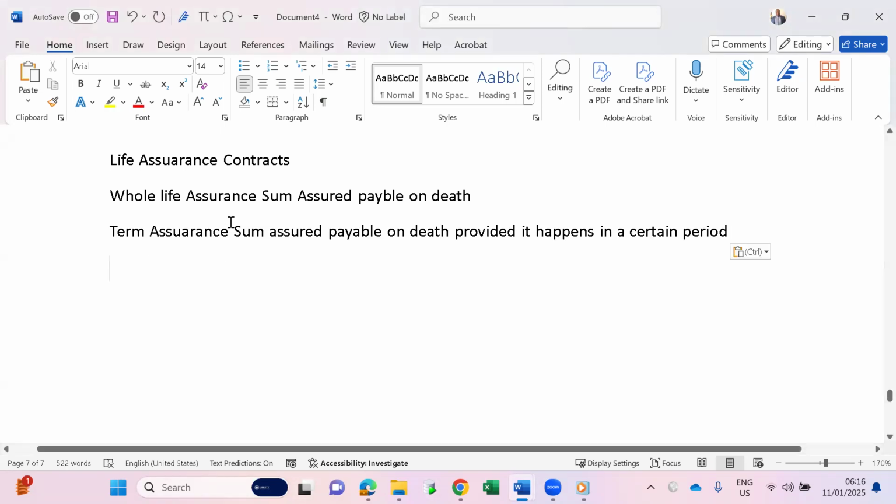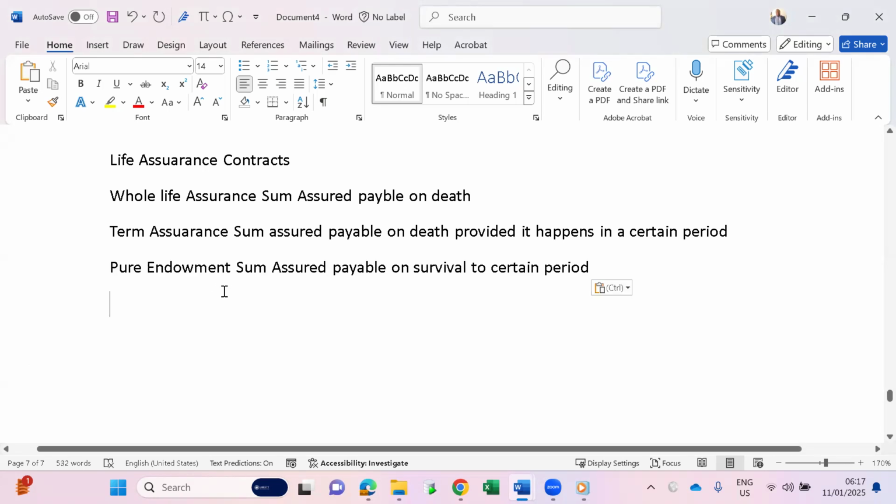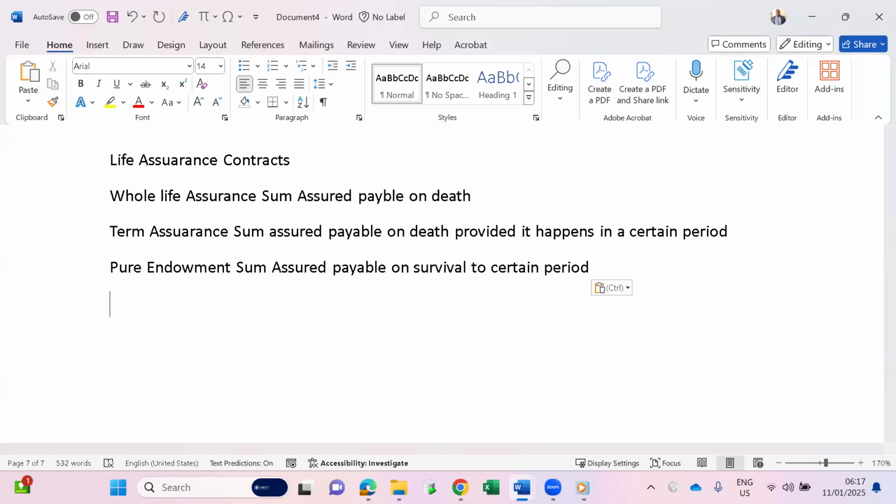Then we have a term assurance. For a term assurance, the sum assured is payable on death, provided it happens within a certain term. So if you buy a 5-year term assurance, if you die within the next 5 years, the payment is made. If you don't die after that, the policy lapses or matures. Pure endowment: if you buy a 5-year pure endowment, if you are alive after 5 years, you get paid that. Then you have something called the endowment,